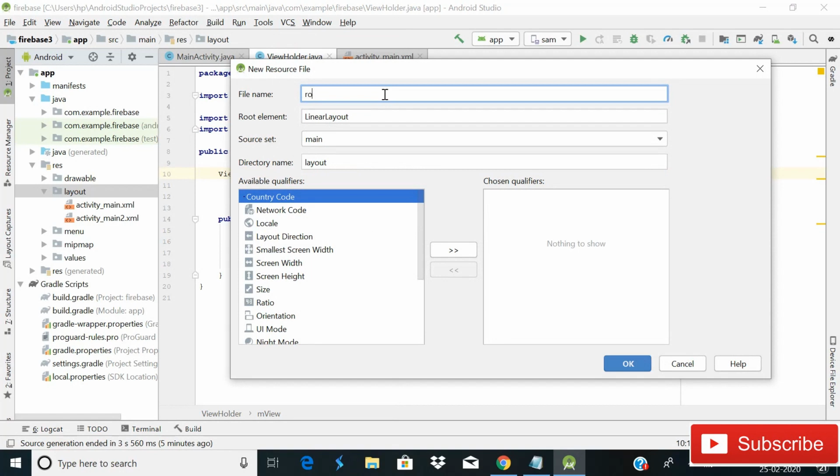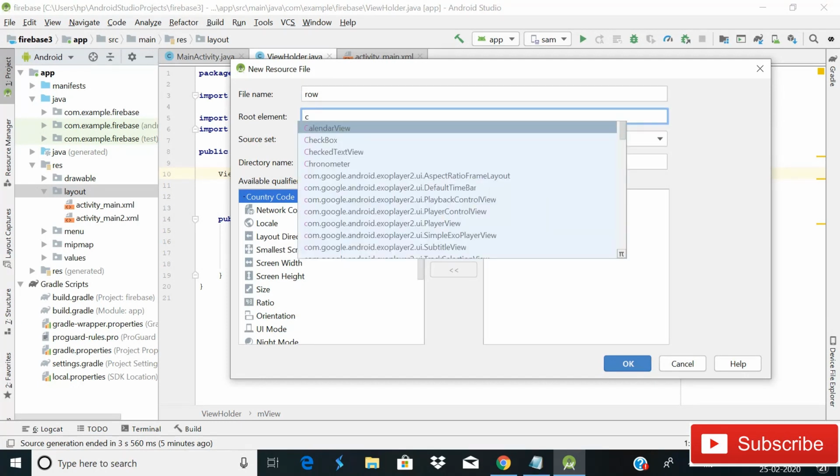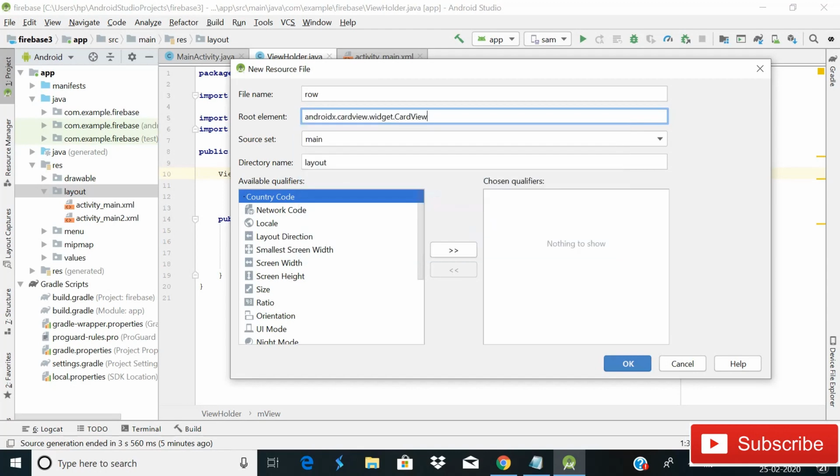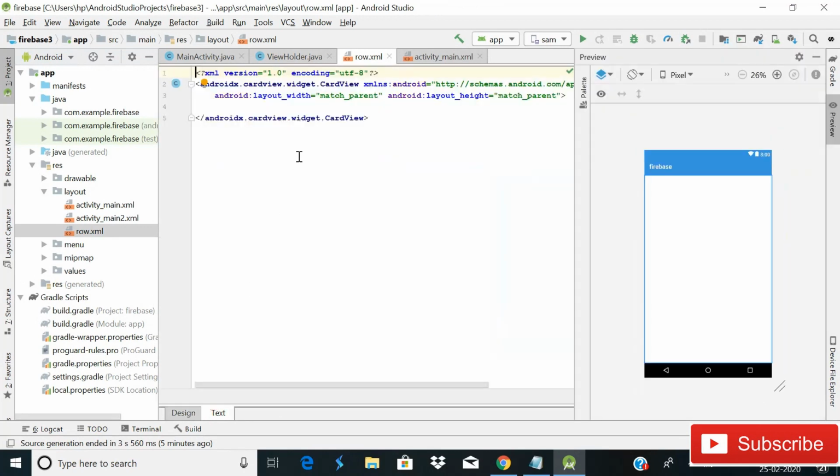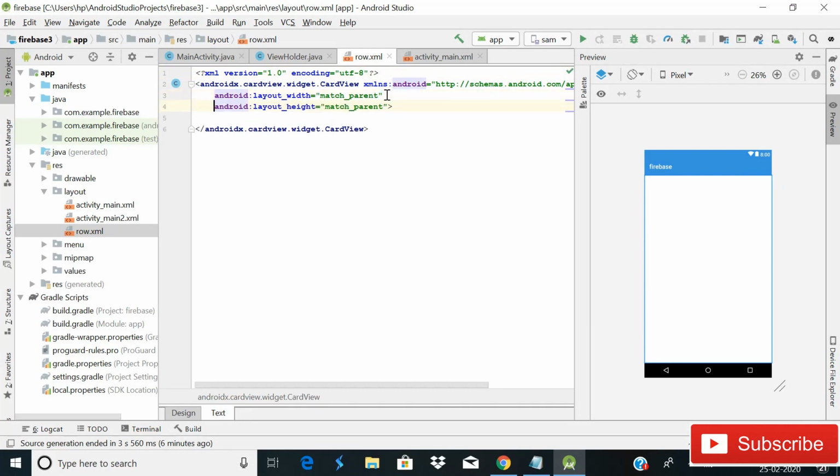So go to New and then Layout resource file. We will give it a name. I think row is fine, and the root element will be a CardView because we will use CardView, and then click OK. As you can see, our layout file is created.